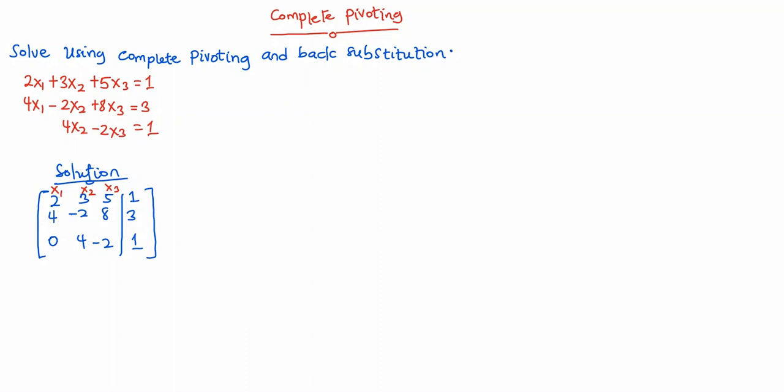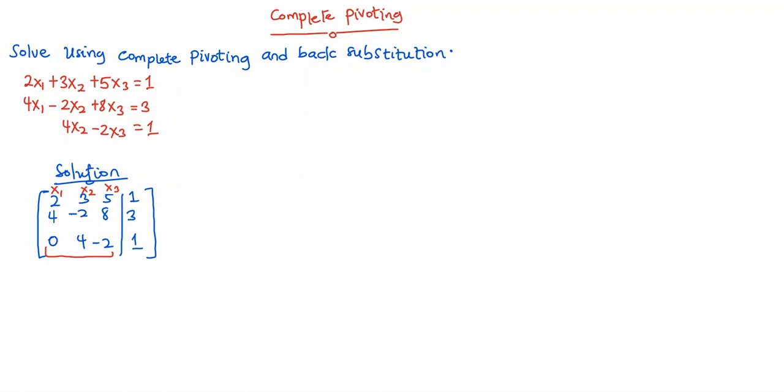So with complete pivoting we can interchange both columns and rows. What we will do is look at all the entries of the coefficient matrix, and find the one with the highest absolute value, and make that our pivot element. We want it to be at this point, the first value on the diagonal, so you will find a way to move it there. Let's look at how you are going to do that.